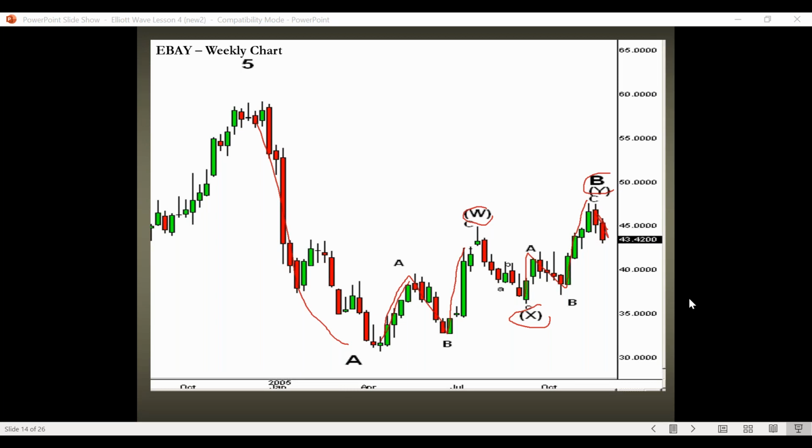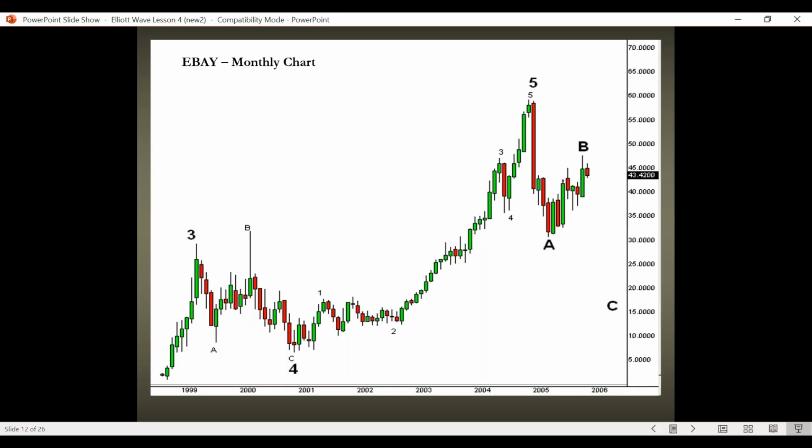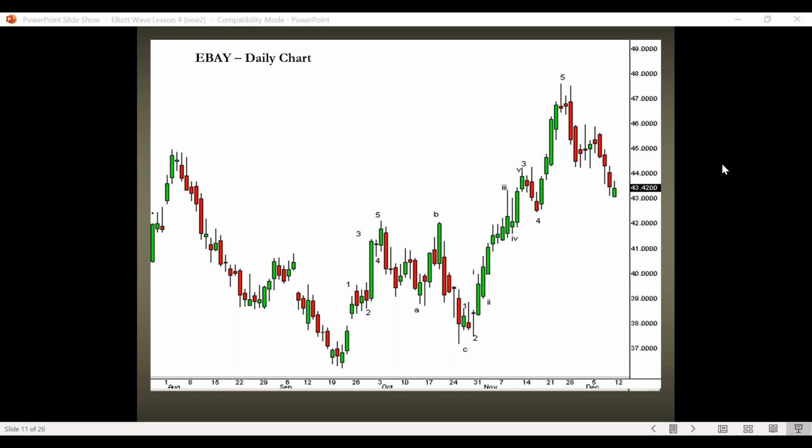Now, it's also possible that there could be 5 waves here. That maybe wave B ended right here, or this could have ended X right here, and that could have 5 waves in for wave C, 1, 2, 3, 4, 5. Might have that one more push higher. Maybe if we go back to that daily chart, this is a bullish ABC pattern, and it still could have one more move higher.